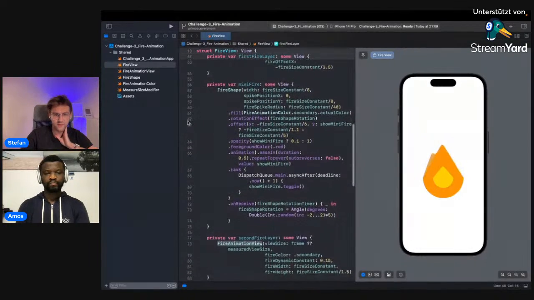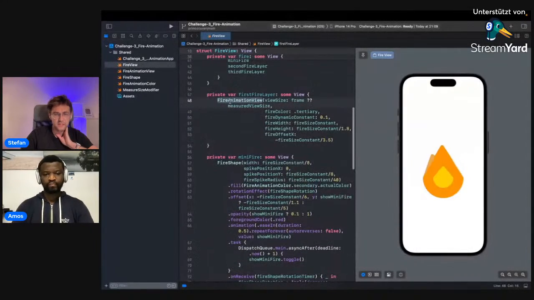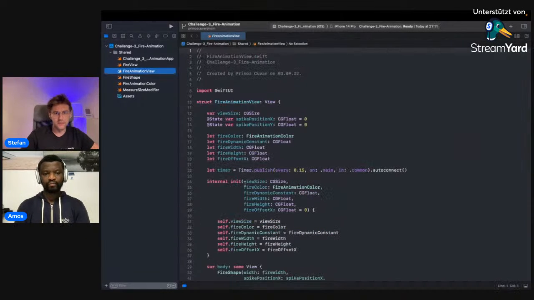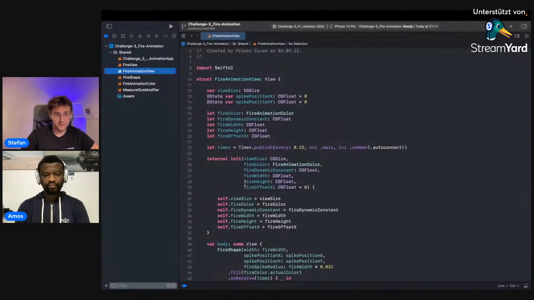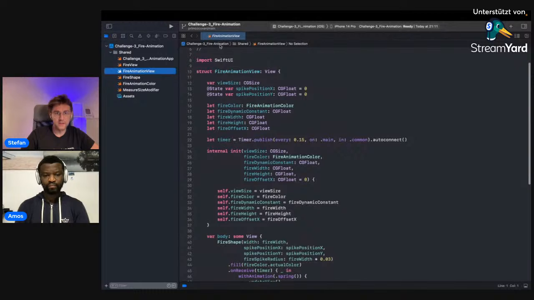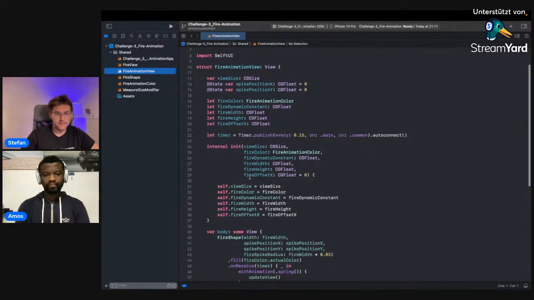Okay, so there's multiple things we can check here. We should probably go step by step. The fire animation view. So this looks like this. It doesn't have a preview. But what does it use? So one